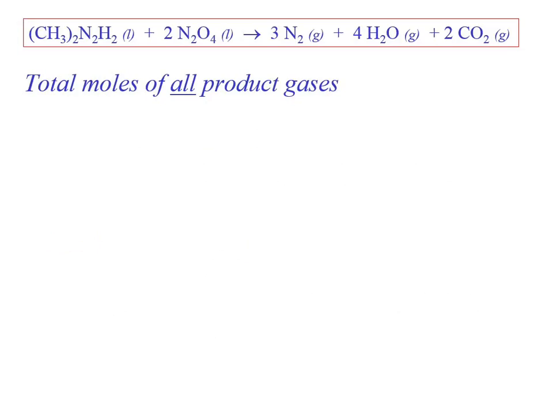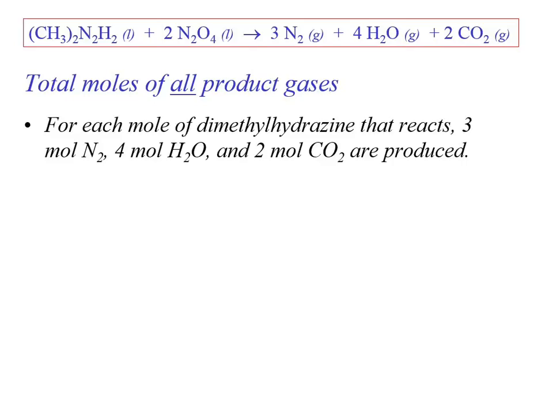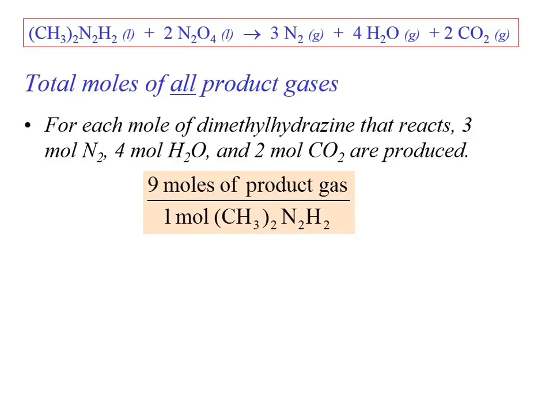Seems like there's a... Okay, yeah, now I was like, what twist is there? And here's the twist. Now you wouldn't have to do it this way. But do you see the stoichiometry is actually 1 mole of the dimethylhydrazine, the CH3 quantity 2 and 2H2, will form collectively 3 plus 4 plus 2, or 9 moles of gas. Do you buy that? Does that make sense to you? I mean, we could go individually, the 3, the 4, and the 2, but collectively there's 9 moles of gas